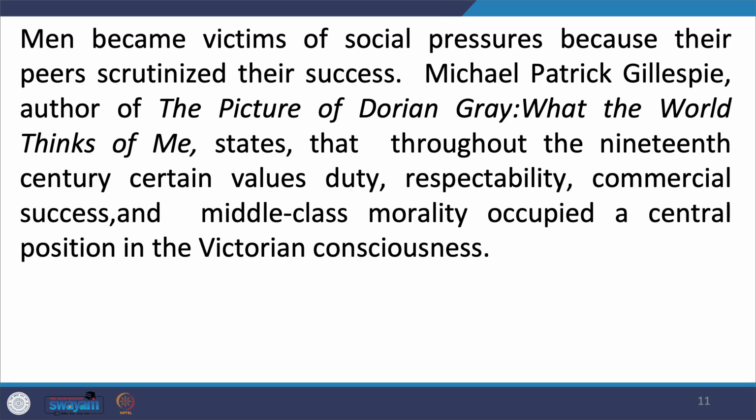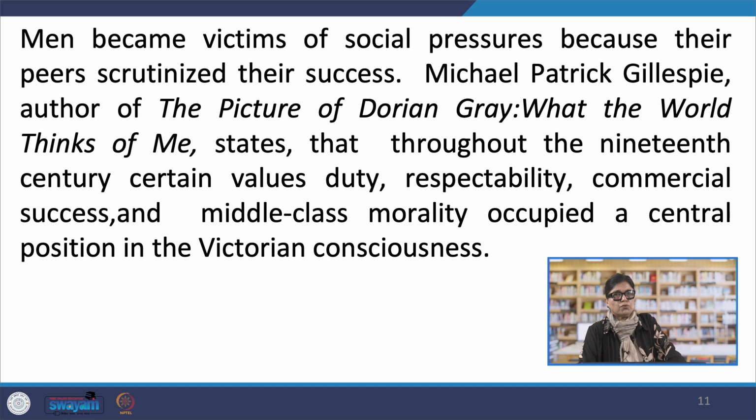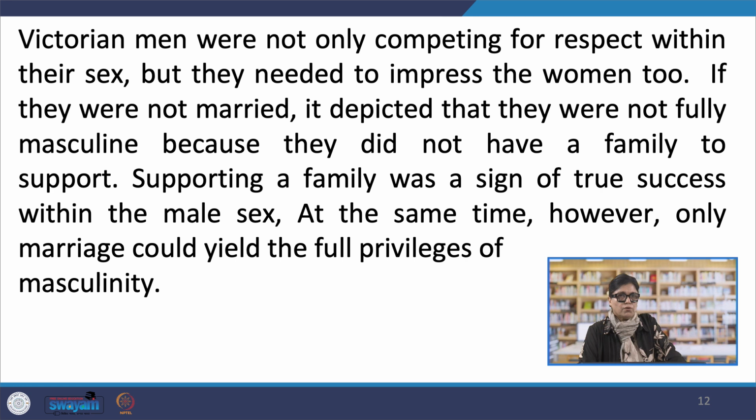Men became victims of the social pressure because their peers scrutinized their success. Michael Patrick Gillespie, author of The Picture of Dorian Gray: What the World Thinks of Me, states that throughout the 19th century, certain values, duty, respectability, commercial success, middle-class morality, occupied a central position in the Victorian consciousness. Victorian men were not only competing for respect within their sex, but they needed to impress the women too. If they were not married, it depicted that they were not fully masculine because they did not have a family to support. Supporting a family was a sign of true success